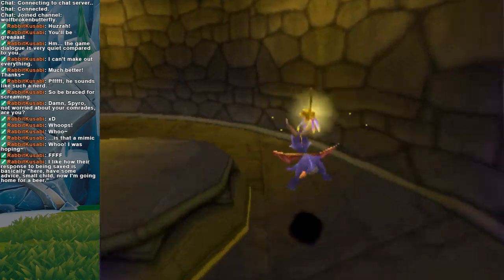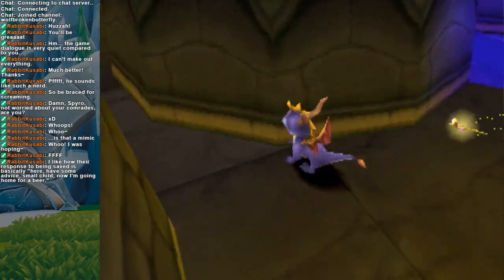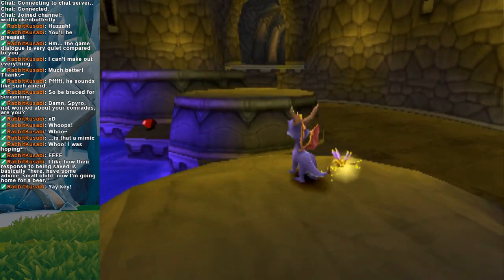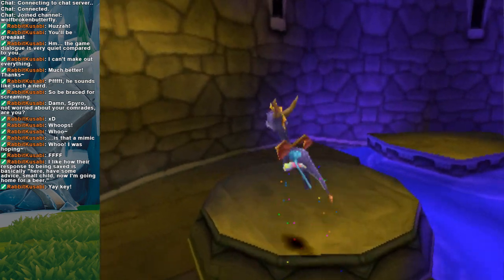We have the key. Let's grab the gems that are down here. They like to do this a lot, hiding gems behind little platforms like that. Case in point. Oh, fell in the water. Yeah, like I said, Spyro...